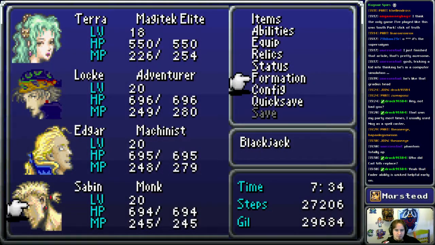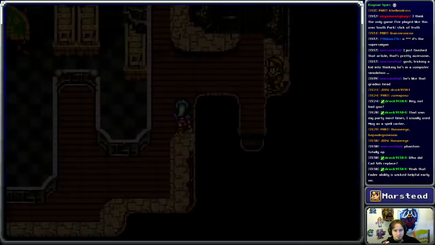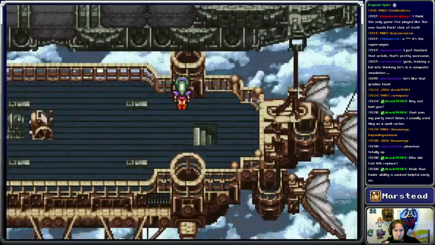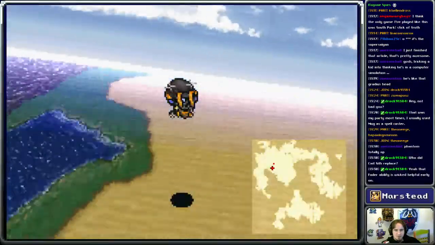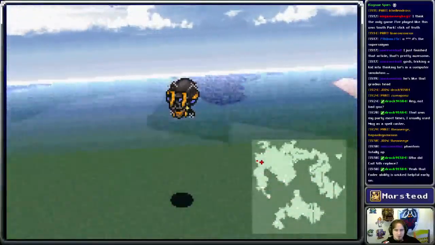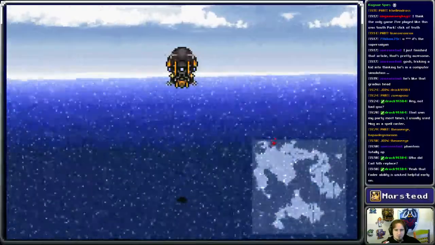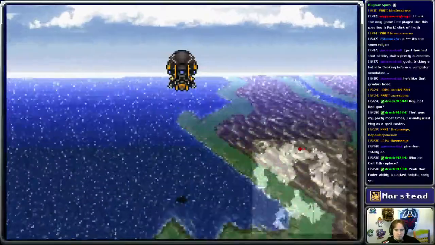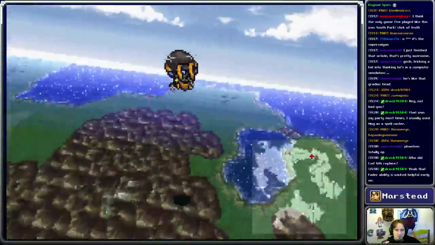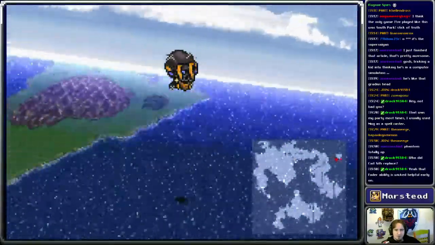Let's see, who do we actually want in the front of the party? I like Locke at the front. Yeah, let's do Terra. Alright, let's go get Mog. The game's actually directing us there, but it's okay. Check some other areas real quick, see if there's anywhere that's unique that we couldn't access before. Well, I think we've actually been everywhere on the world map. Short of Triangle Island, but I don't think there's anything of merit on Triangle Island. There might be like...